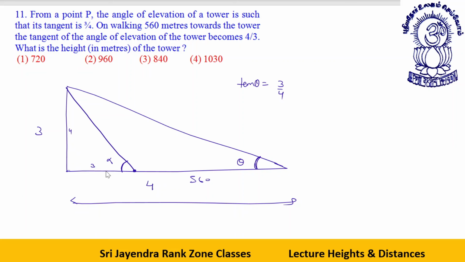If this is 4 by 3, I will have to think of a suitable value. The value which I take here should be divisible by 3 and also by 4. So let me take 12. Let's say this is 12x initially. Tan theta is equal to 3 by 4 means I can say 12x by 16x. This is the catch. Now the question will be easily solved. Now tan alpha is equal to 4 by 3. If I multiply by 3, this becomes 12x and this becomes 9x.